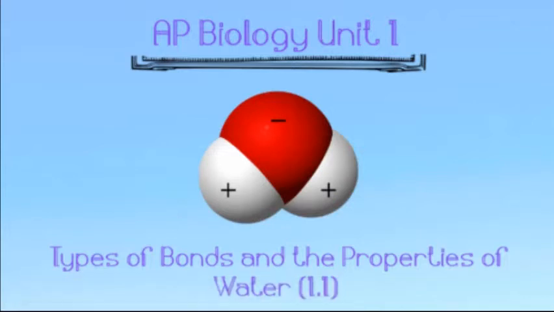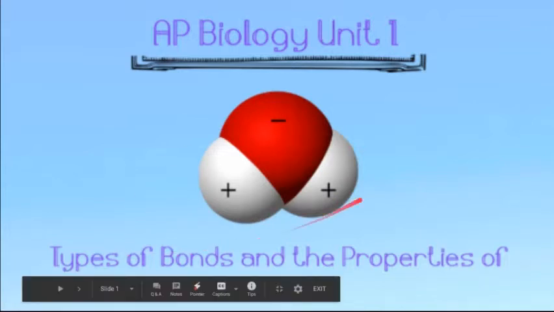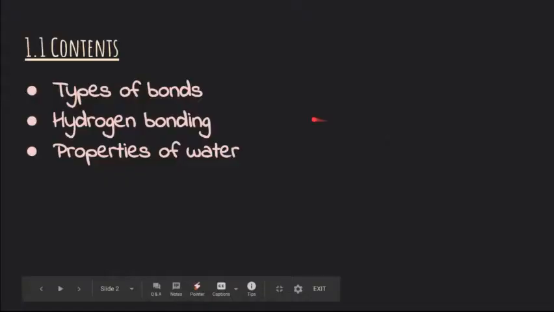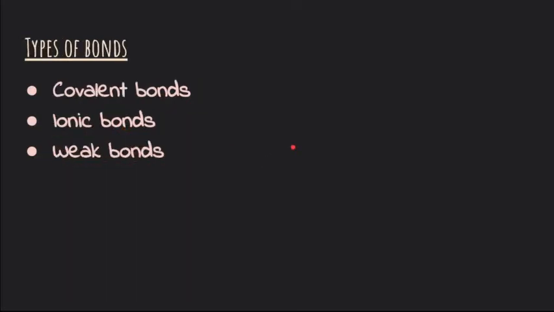So today I'm going to be going over a section of AP Biology Unit 1, which is going to be types of bonds and the properties of water. So I'm going to talk about the types of bonds, hydrogen bonding, and how that relates to the many properties of water. The types of bonds I'm going to be talking about today are covalent bonds, ionic bonds, and